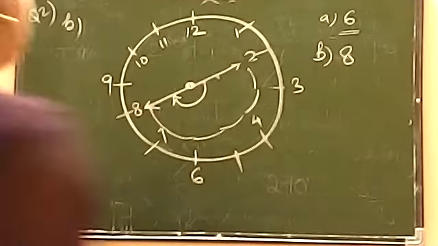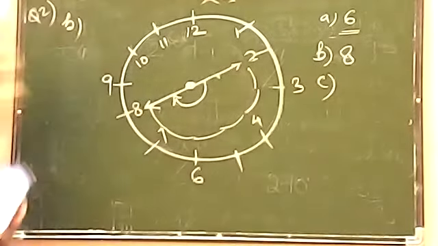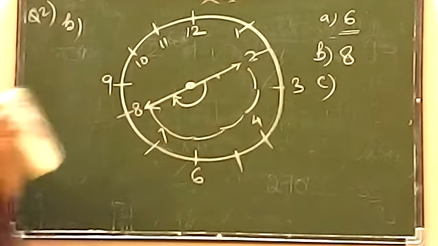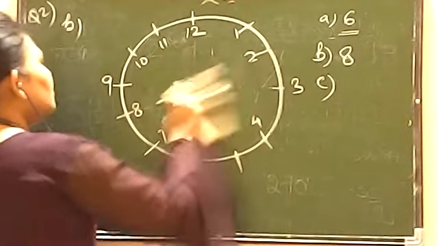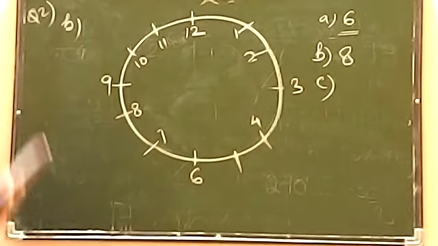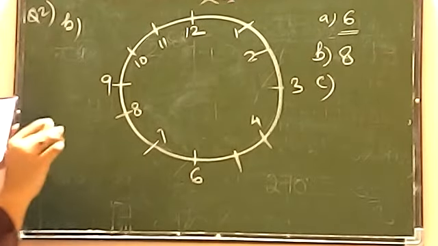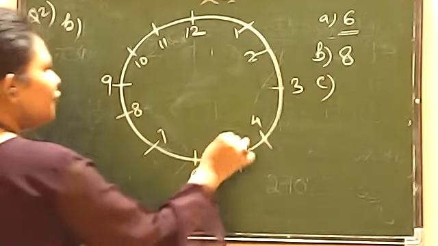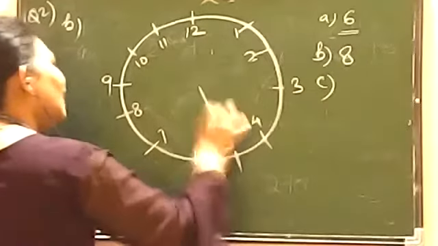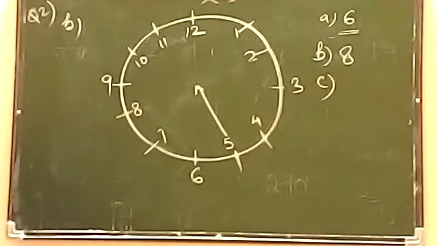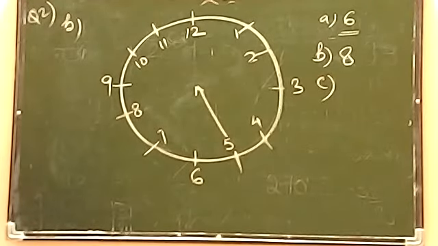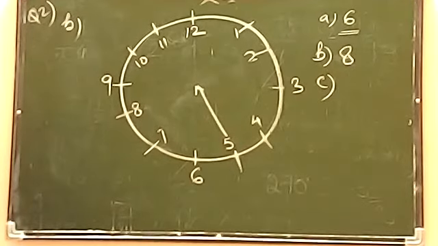Now let's discuss question C. What is it telling in C? Let's understand. Start at 5. Now you have to start from 5, beta. So we will start from 5 and we will go till 1 by 4. 1 by 4 means how many steps? Tell me quickly. 1 by 4 means how many steps? Who will tell me? Very right. 3 steps only. 1 by 4 means 3 steps.